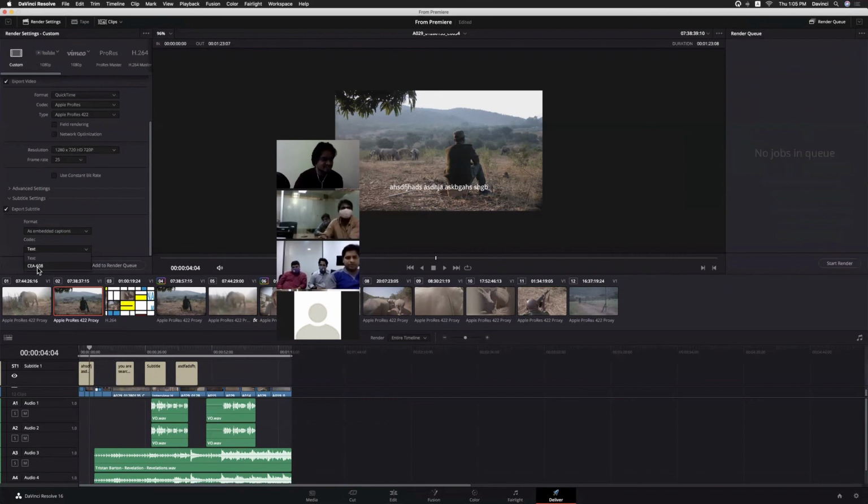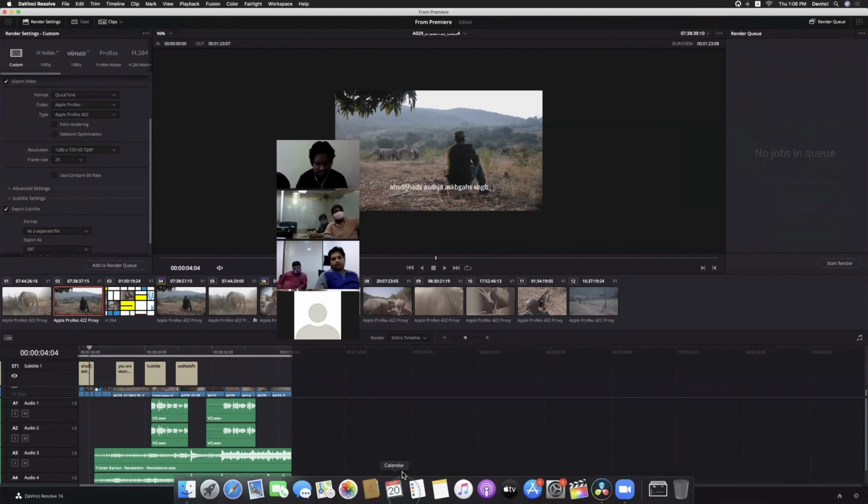That's the main difference. Now select this one so that we can enable and disable it within the exported file. Now, when it comes to burn into video, there is one good option. This is about subtitles. We have covered everything about subtitles in a quick way. Let me show you one thing about burn into video.